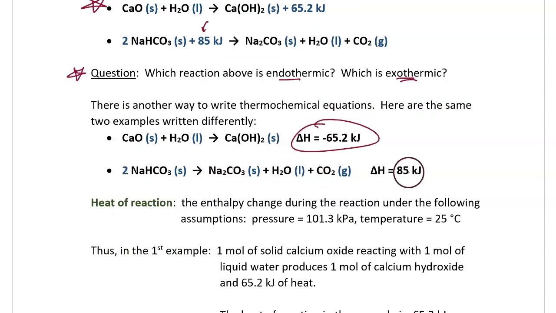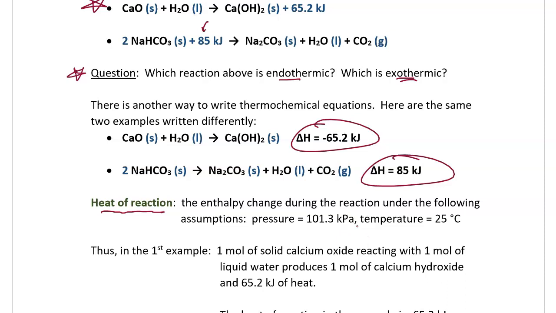These delta H values written in equations are the heat of reaction for those equations. Heat of reaction is the enthalpy change during the reaction under the following assumptions: that the reaction is occurring under a pressure of 101.3 kilopascals and that the temperature is 25 degrees Celsius. If the pressure and temperature are not those values, then a different amount of heat would be absorbed or released